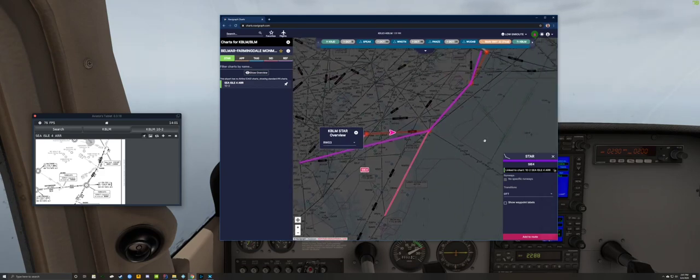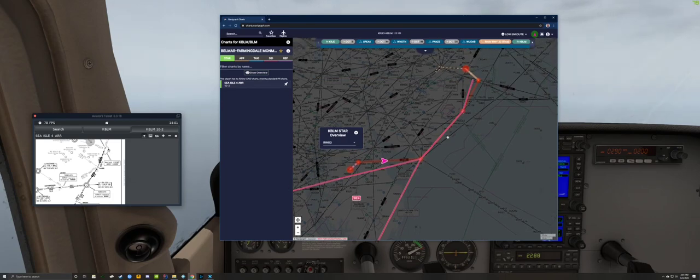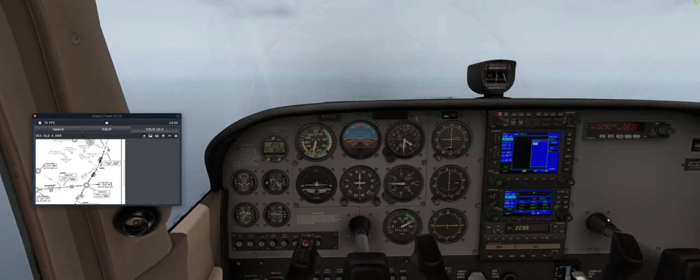So we happen to be following that approach somewhat, in the sense that our flight plan does happen to use this segment in common. So the problem with selecting the arrival at this point is it's going to turn the aircraft around because we're already beyond where it really starts. So to prevent that,